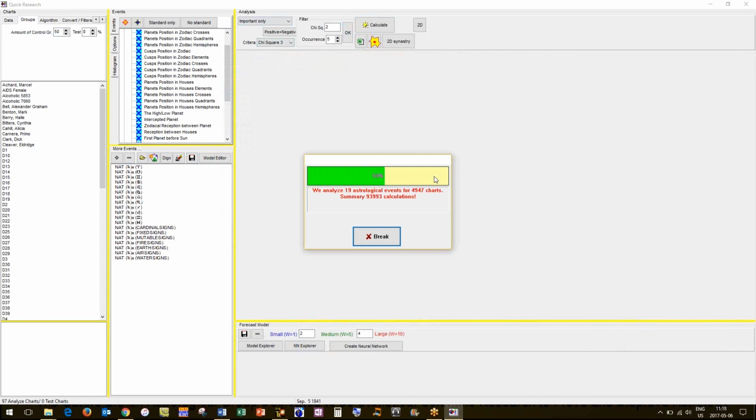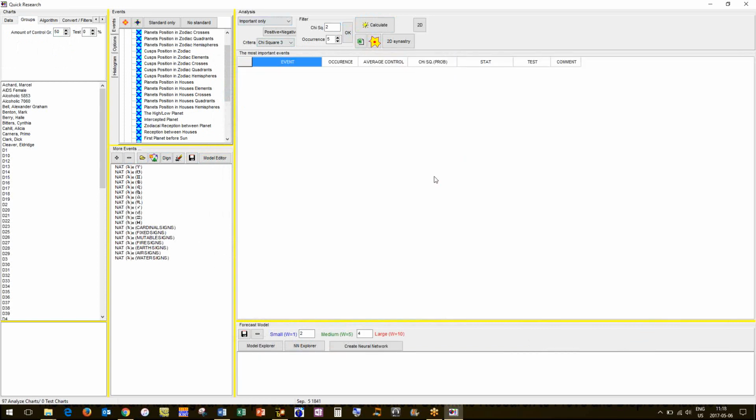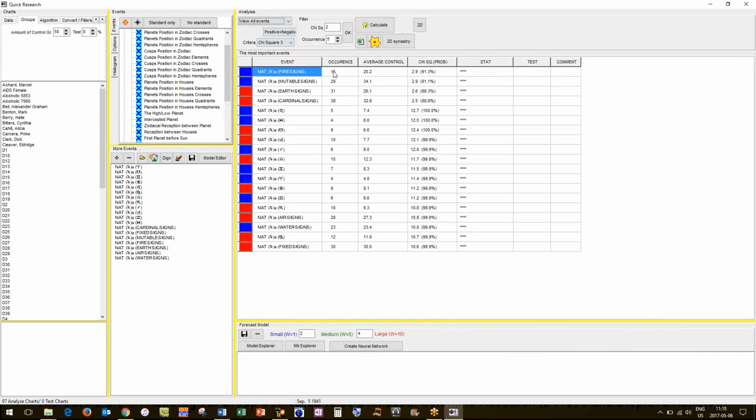So again, it's going to take longer. The more data you have, and working with 50, it's going to take longer. So when you have a larger control group, you can see there's nothing important now. That's not to say that there were none in there. So here's all the occurrences that have happened based on these people here.